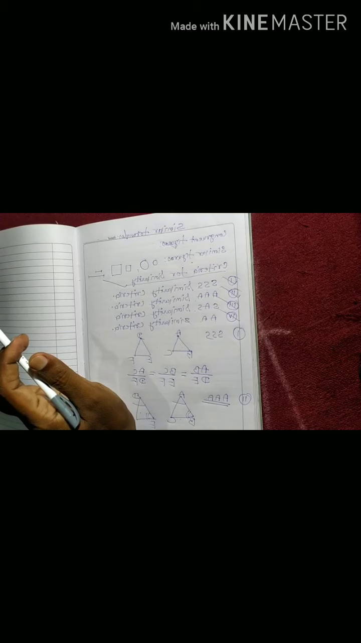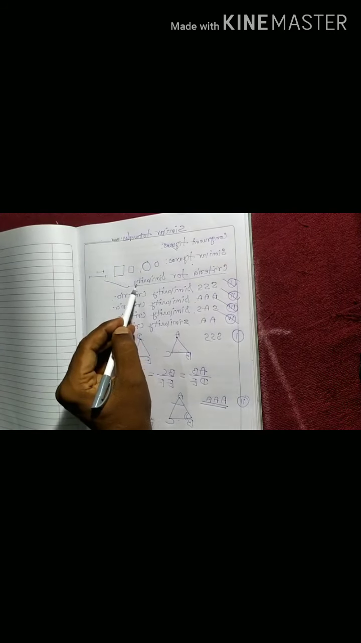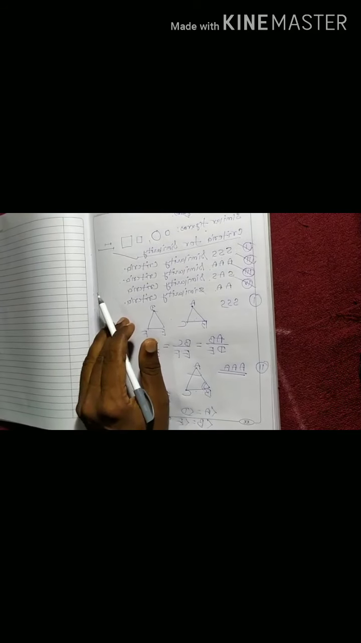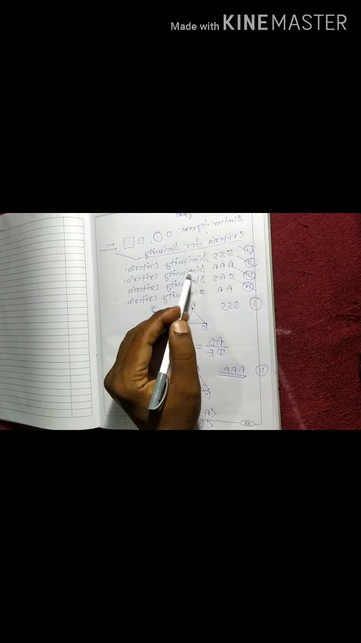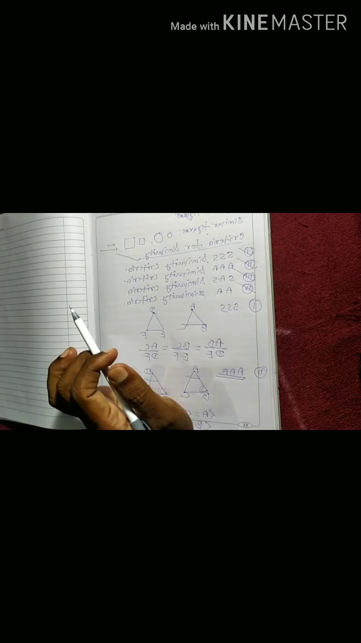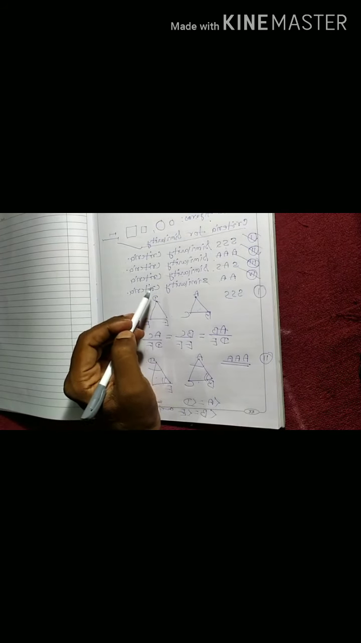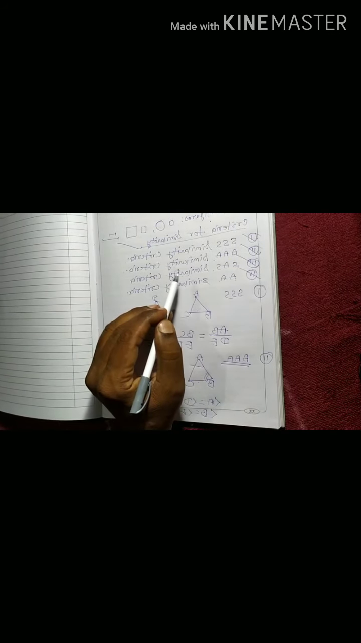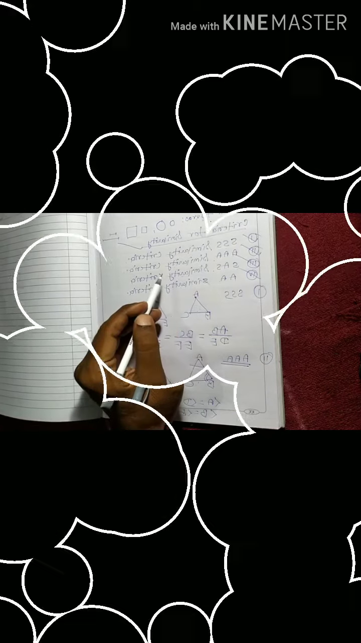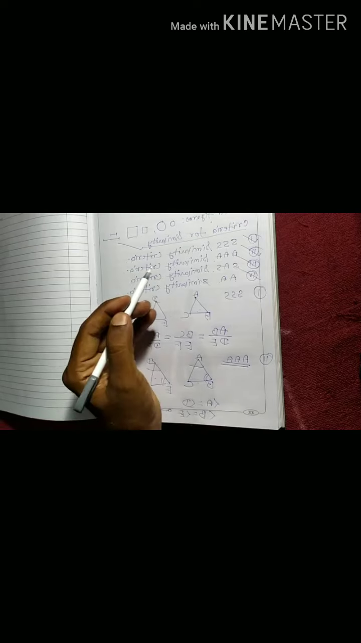Now we are going to discuss the criteria for similarity. There are only 4 criteria for similarity under which we are able to decide whether given two triangles may be similar or not. Now we are going to discuss them one by one separately. First,